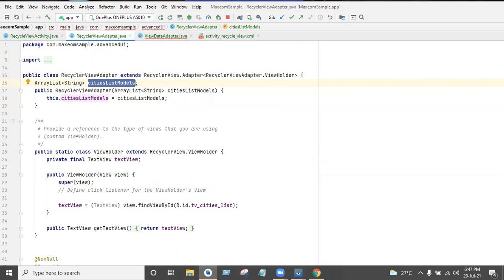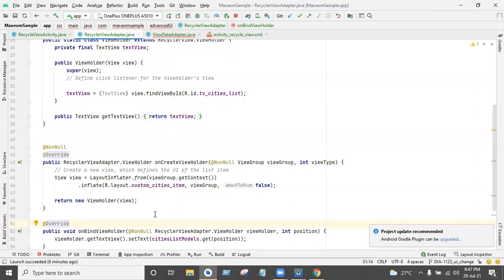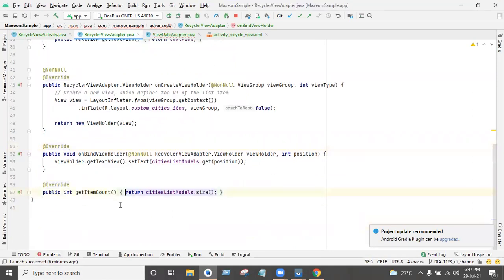First, go to that count method. Here I return the size of whatever list we have, so the count is the total list size.